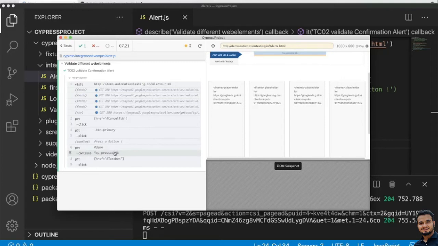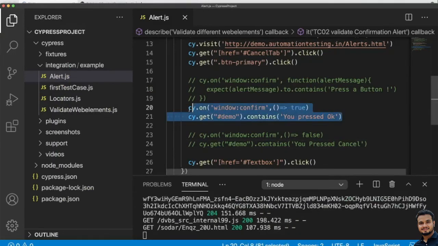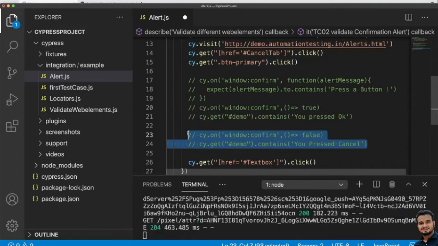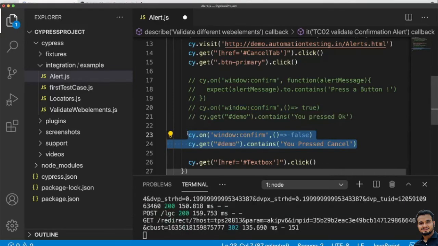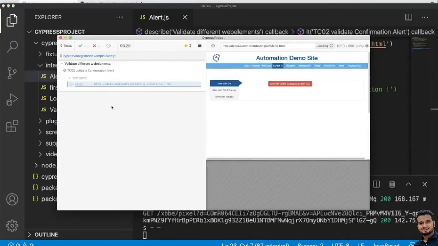This is getting validated. First, this is our message, press a button. This is the alert message. Then it is you pressed OK. It is getting validated. Similarly, if you just want to comment out this and validate the cancel one, let me show you. Let me save and run. So let's see here.